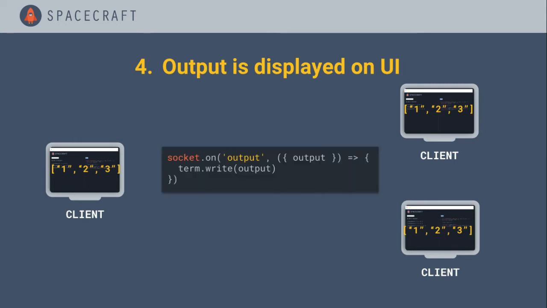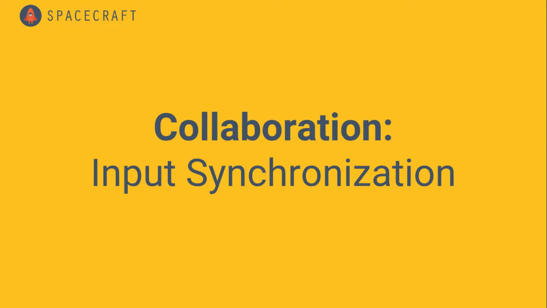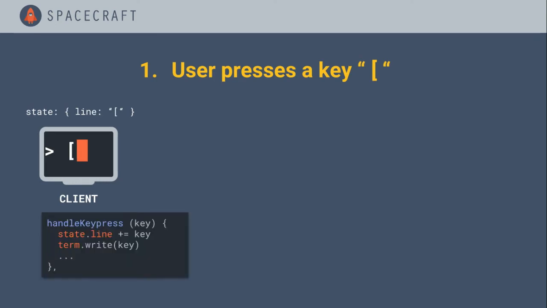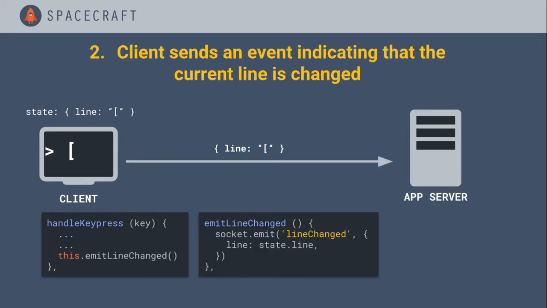Now, while output synchronization seems pretty straightforward, input synchronization is a little bit tricky. I'll give you an example here. For example, a user presses the open square bracket key, right? So in the client's terminal, we'll do something like this. We're going to update the state within the client, and then write it in the client's terminal. With that, the client will also send an event indicating that the line has been changed,